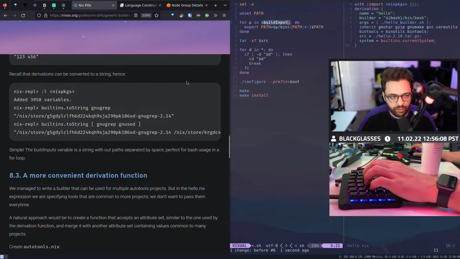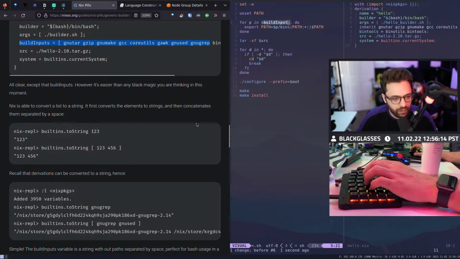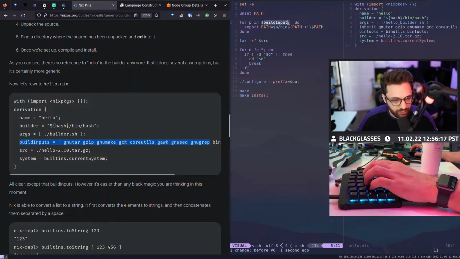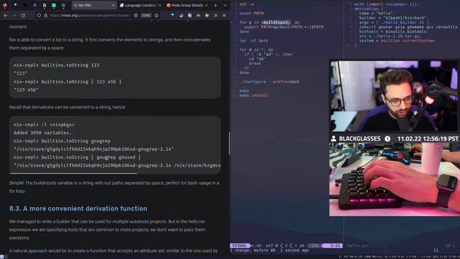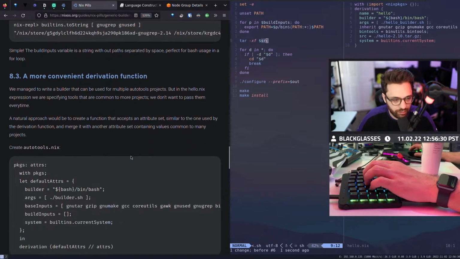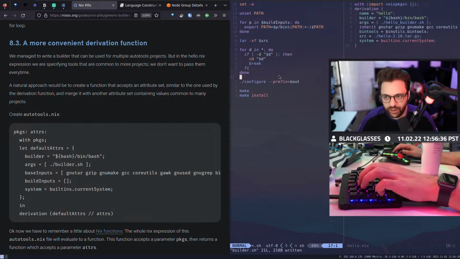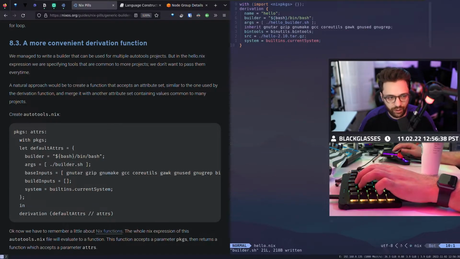What we do is we say, okay, well, we're going to have an array of all of our build inputs, right? GNU tar, gzip, and so on. And then we're going to evaluate them as strings. And once we evaluate those as strings, they get turned into those paths. And then once we know we have those paths, we can easily iterate through them and add them to the actual path environment variable. And then bam, that's exactly how it works, right? All right, and so what I'm going to do really quickly is I'm just going to save that, and then we're going to go back to here.